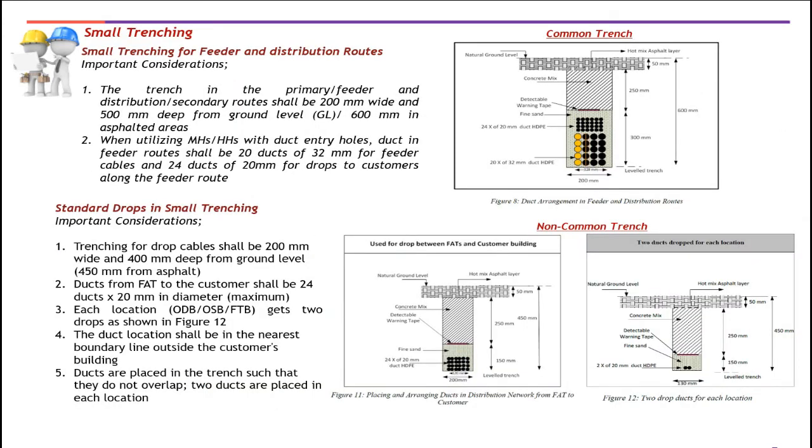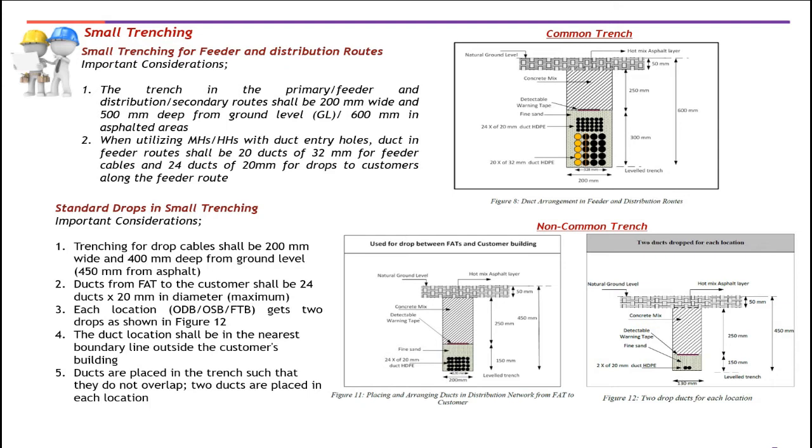Okay, small trenching. As you all know, guys, small trenching is used primarily in the feeder and distribution network. Our trench profile in this network is 200 mm wide and 500 mm deep if it is an unpaved area, and 600 mm if it is an asphalt area. The trench can support up to 20 way of 32 mm main ducts and another 24 way of 20 mm